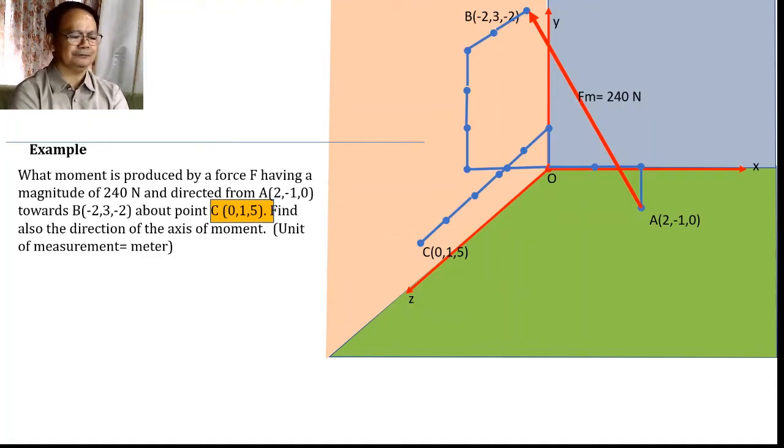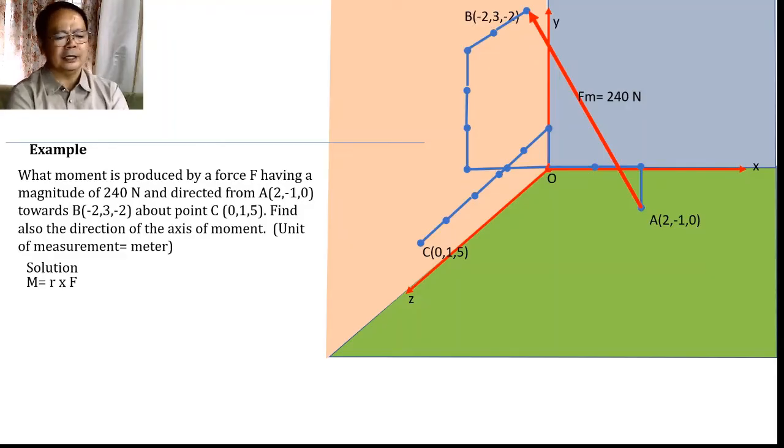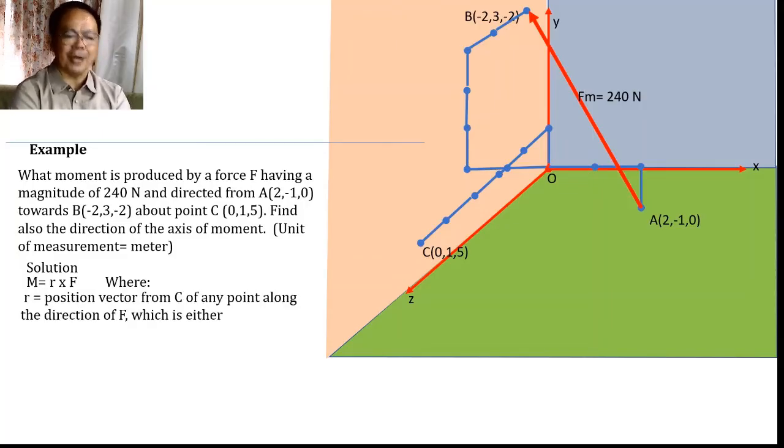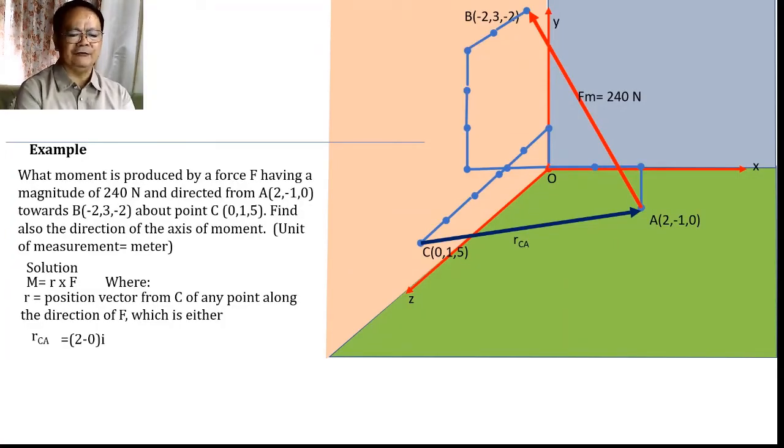So the moment is taken as the product of the position vector cross F. The question is, which position vector are we referring to in this problem? It could be the position vector of any point on the line of action of F. Since F is directed from A towards B, we can use the position vector of point A from C, which is called RCA, whose value shall be the difference of the coordinates of point A and the coordinates of point C,